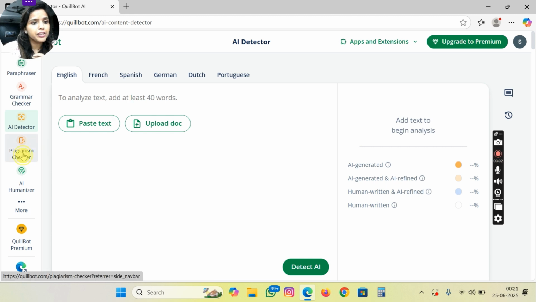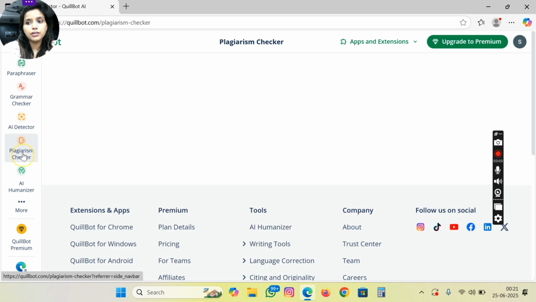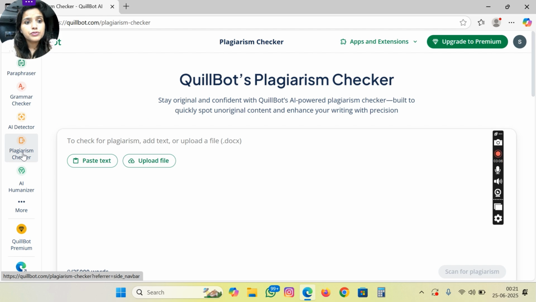In the same way, if you want to check your text for plagiarism, so for that also you will just type your text